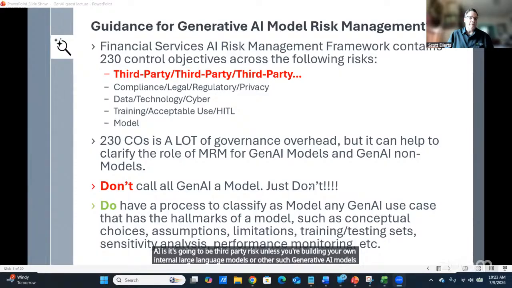But then there's a whole bunch of other things that they talk about in the FSAI RMF. There's compliance, legal, regulatory, privacy, data, technology, cyber. Also, a lot of human factors as far as training, acceptable use, human in the loop, and then there's a few model things.